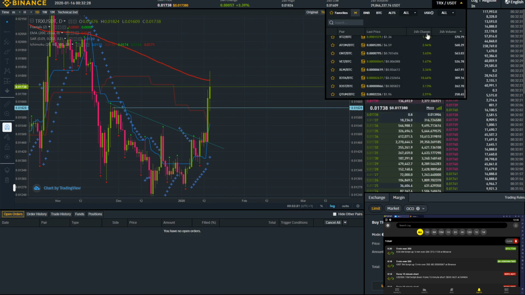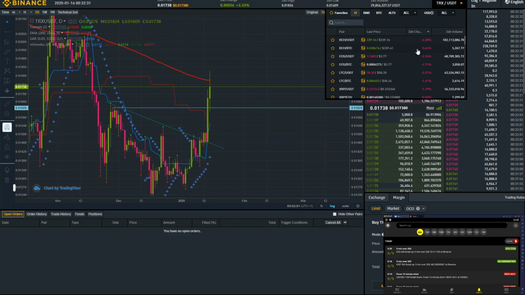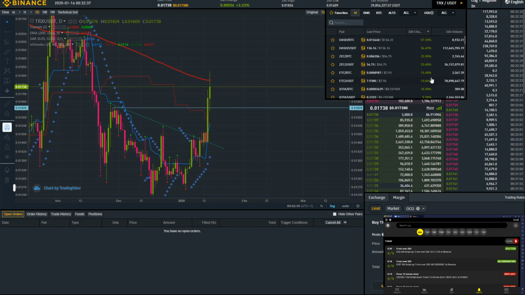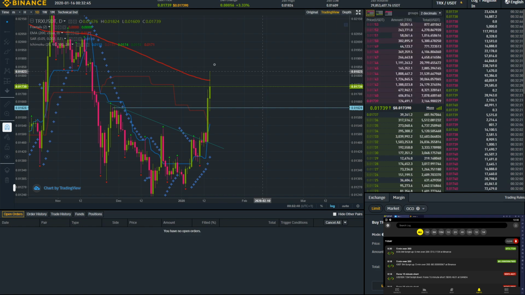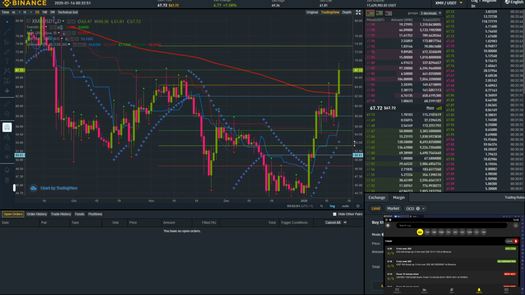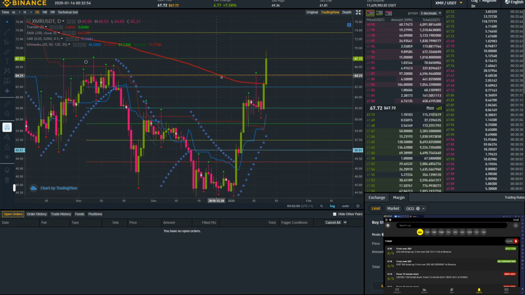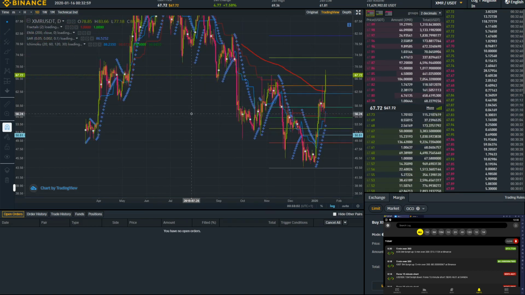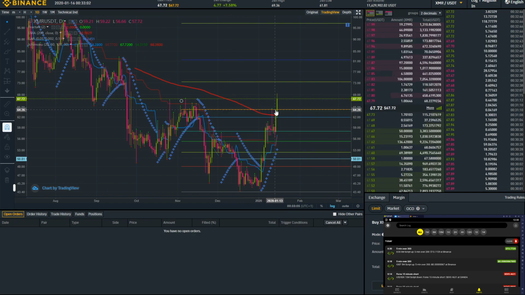So any other coin we want to see? The winners on the margins are Dash, Zcash, ETC, IOTA, XMR. Oh, XMR is interesting. So this is a clear buy on XMR. Why? Because we have a bullish crossover, and this is a clear sign of